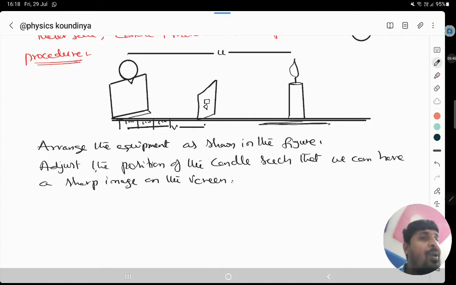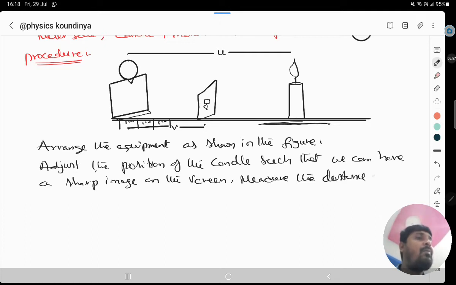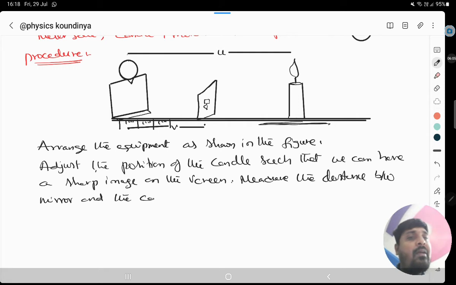And now you have to understand the distance between the mirror and the candle as u. Measure the distance between the mirror and the candle as u,